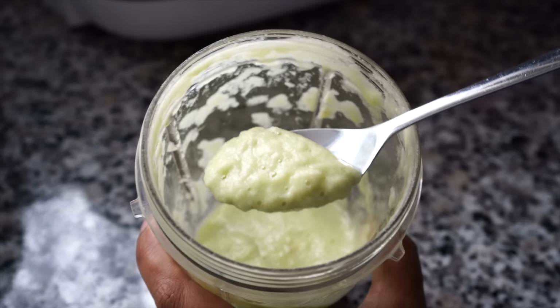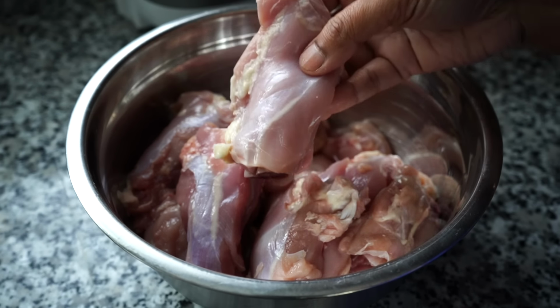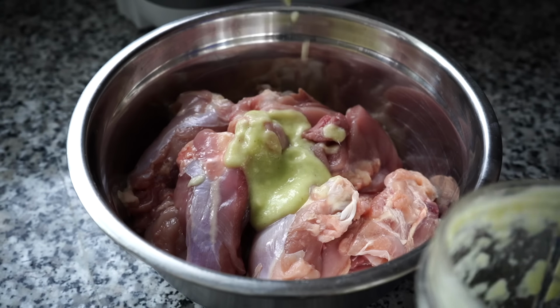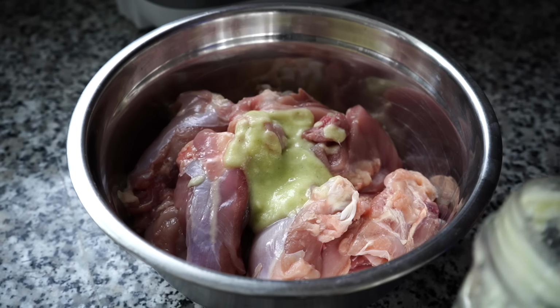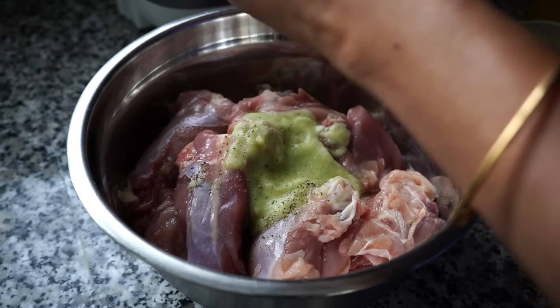Coming to the chicken, please use bone-in chicken for this recipe. Try keeping the pieces a bit large. Now from the paste that I made earlier, I will be using about 3 tablespoons of that ginger, garlic, green chili paste for marinating the chicken, and the rest I will be using later while cooking. Then freshly ground black pepper,